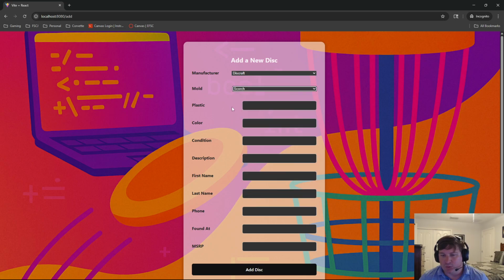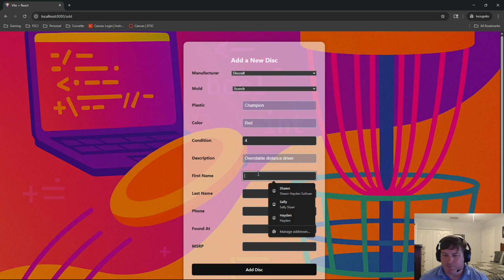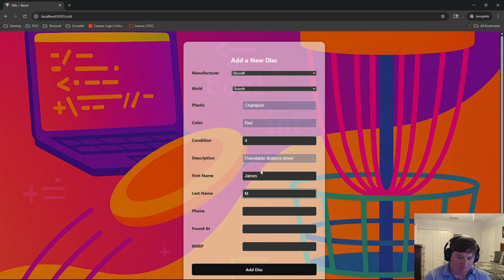So we'll do a Scorch, plastic Champion. As you can see, I've tested this a lot. It's got some auto populations. Condition will make it a 4. Description, overstable distance driver. Why not? First name is James. Last name is Madison. Phone number 334-8675309. All right, found at